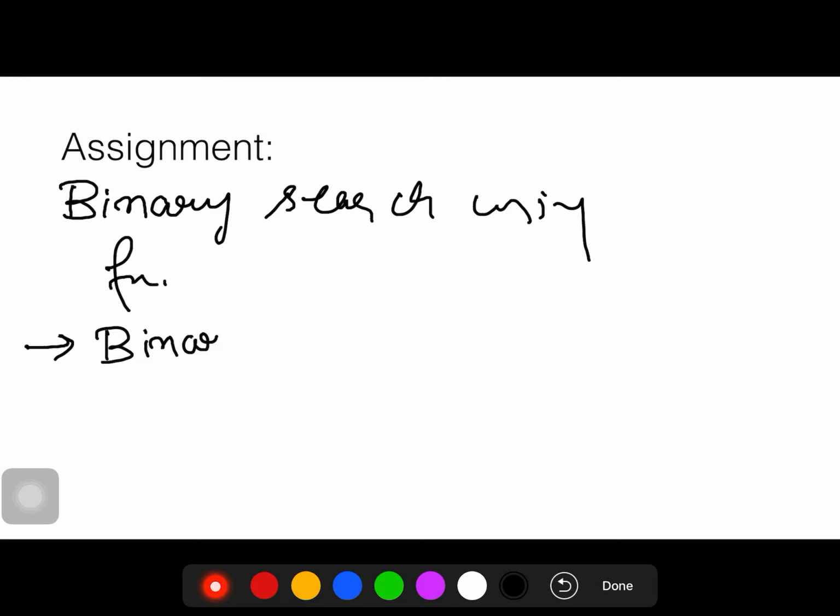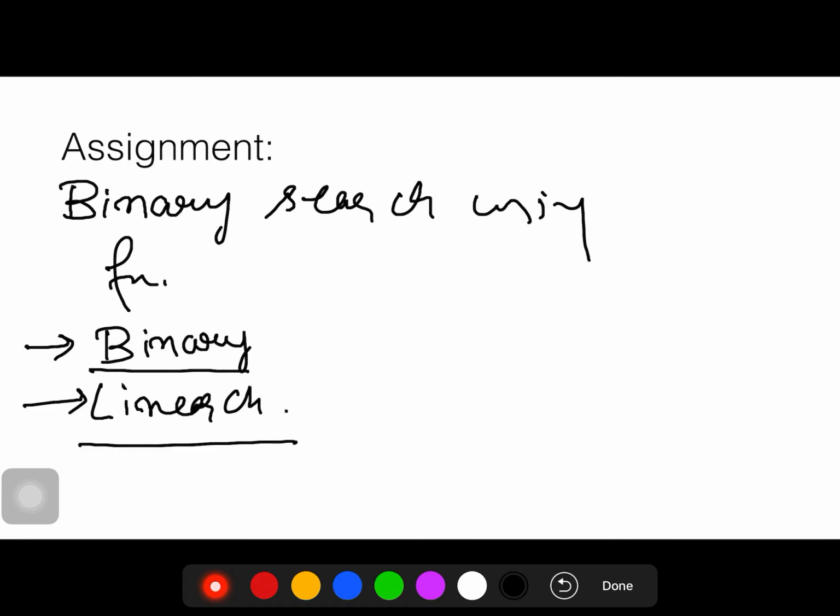You have understood binary search and linear search. I suggest you understand and write the code by yourself, for binary search and linear search, and take the array or list yourself.